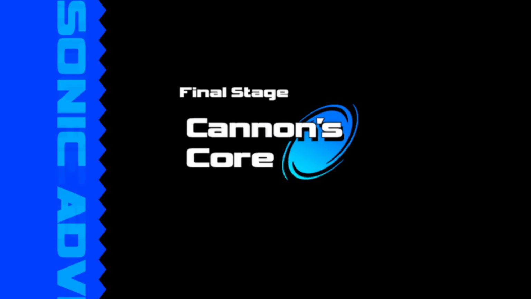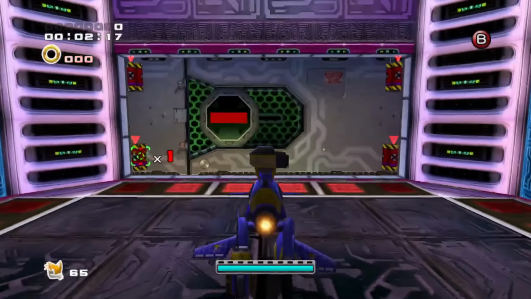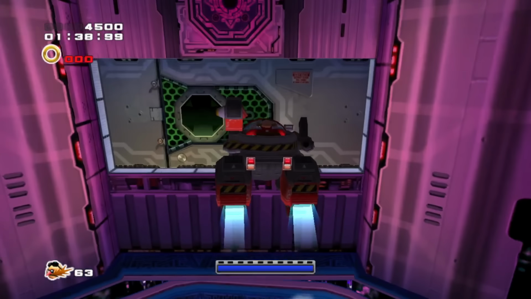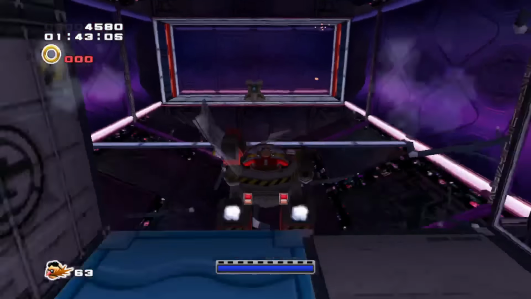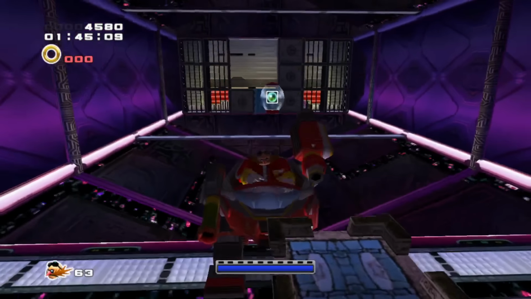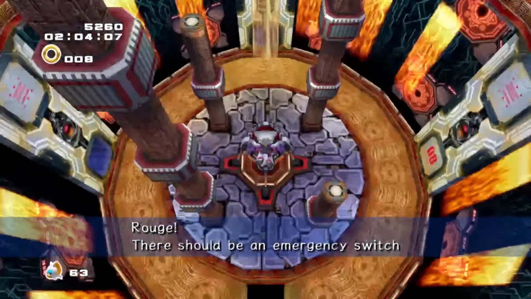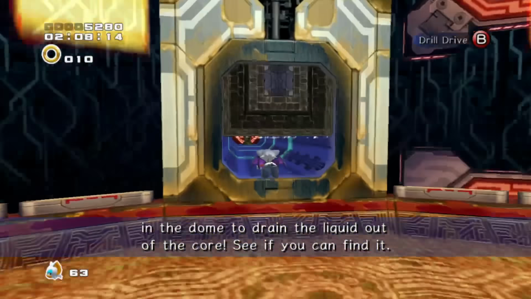With Hero and Dark Story done, all that's left is the final level of the game, Cannon's Core. The Lost Chao on this one is a multi-step process, starting with Eggman's part. We'll have to fly across this room after the checkpoint and go through the door on the other side. There we'll find a Mystic Melody statue, which if we use it, it first appears to just spawn a green bubble shield, but then during Rouge's part, it actually opens up a door where she can play her Mystic Melody,